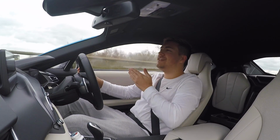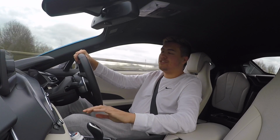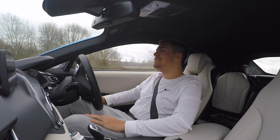No! It just did it! Oh, you had 3 miles remaining. The engine's just kicked in. I'm going into sport mode. Oh my God, it did so well. It did so well, but...